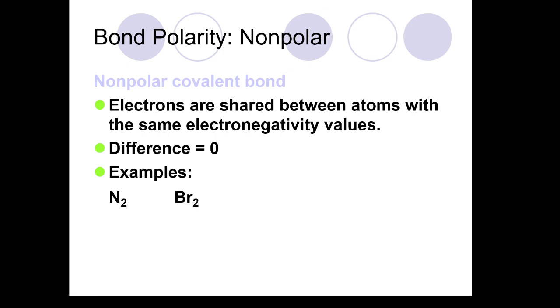You are in a tug-of-war against yourself. If you're in a tug-of-war against yourself for shared electrons, no one's really going to win there. No one's going to win that tug-of-war for shared electrons. You're pretty much stuck. You're pretty much pulling with the same force. You could literally sit there and calculate electronegativity values to figure out whether you're non-polar covalent or polar covalent.